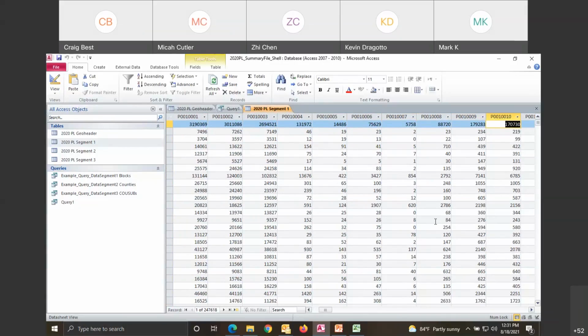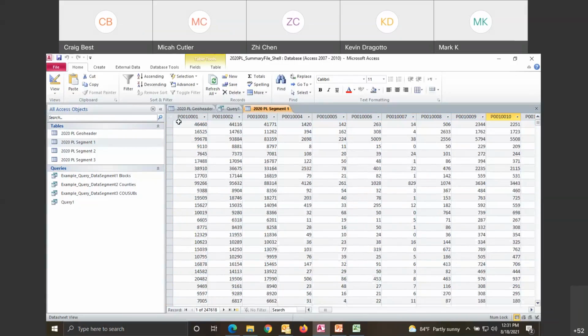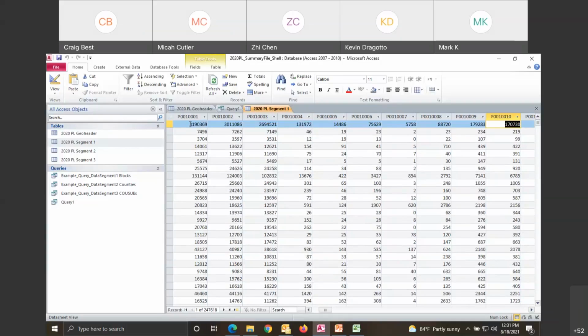Table 1 was race data. So this first column is the first field in that table, which I think if you look it up, is the total population. Again, it's the same population from the previous table, but it's a total population, so you can do calculations within this particular data set.